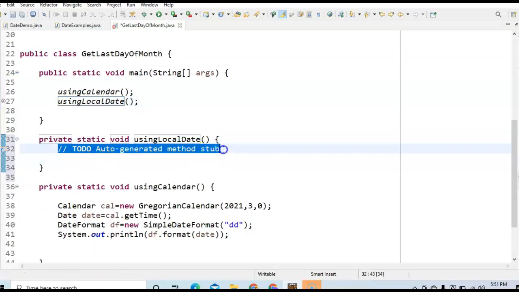Here what I'll be doing, I'll be creating first a date and then I'll be passing this date to the local date instance. String date equal to 15th, 2nd, 2021.